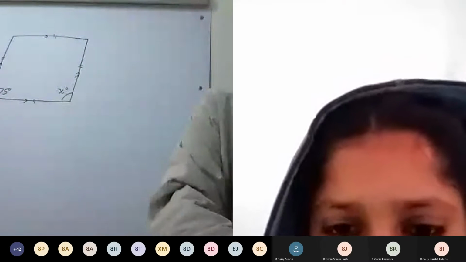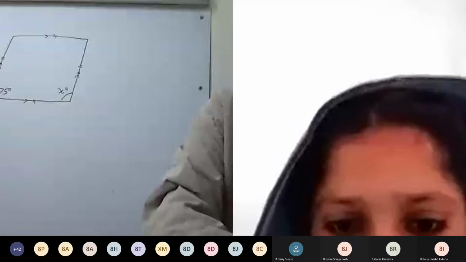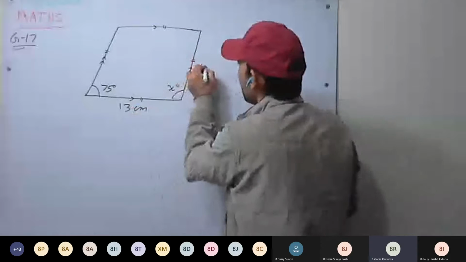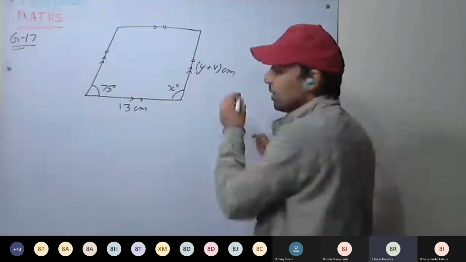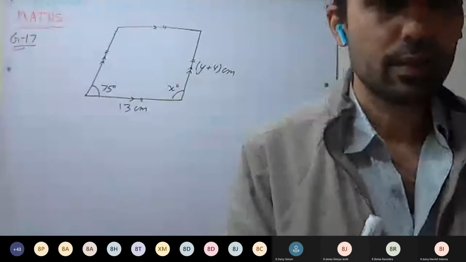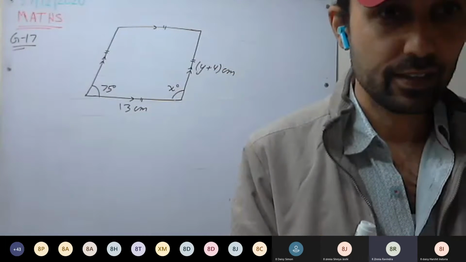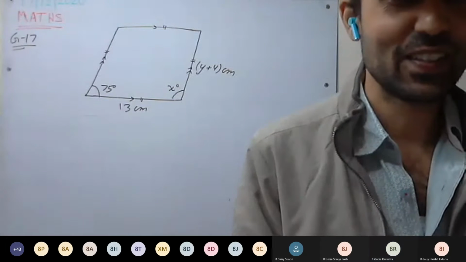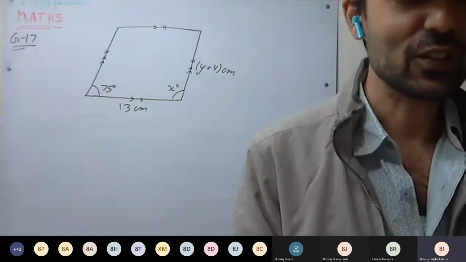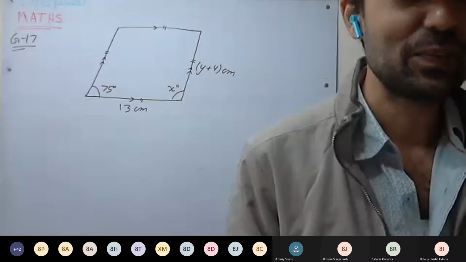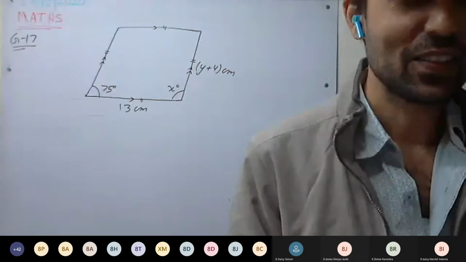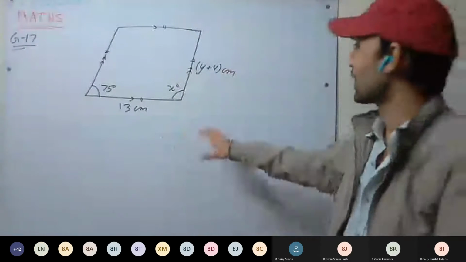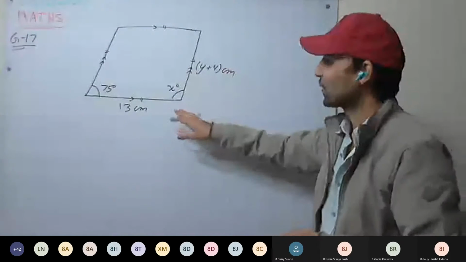And what more is given? 13 centimeter, y plus 4. Preeti and Anjali, please switch off the camera. Sir, some cricketers' names, one person is joining again and again. Sir, Virat Kohli, Chris Gayle like this. Okay, Tony Stark. So they are the class of students only. Sir, Tony Stark also. Iron Man. Okay, let them be there. The attendance won't be taken if they don't write their correct name.